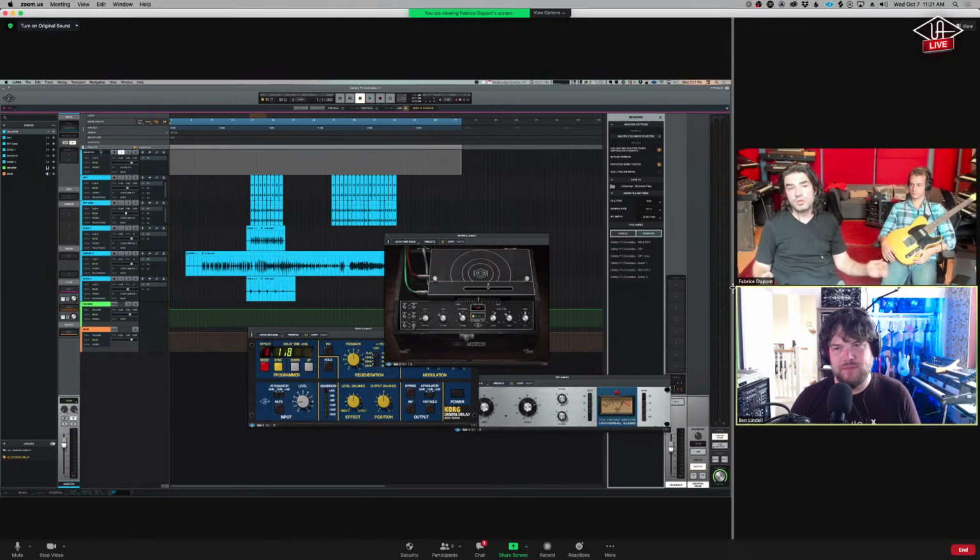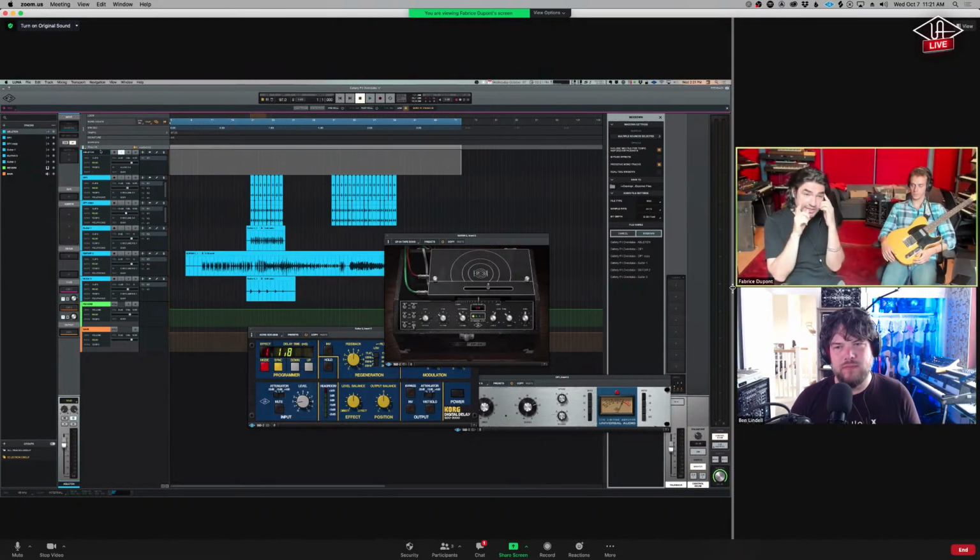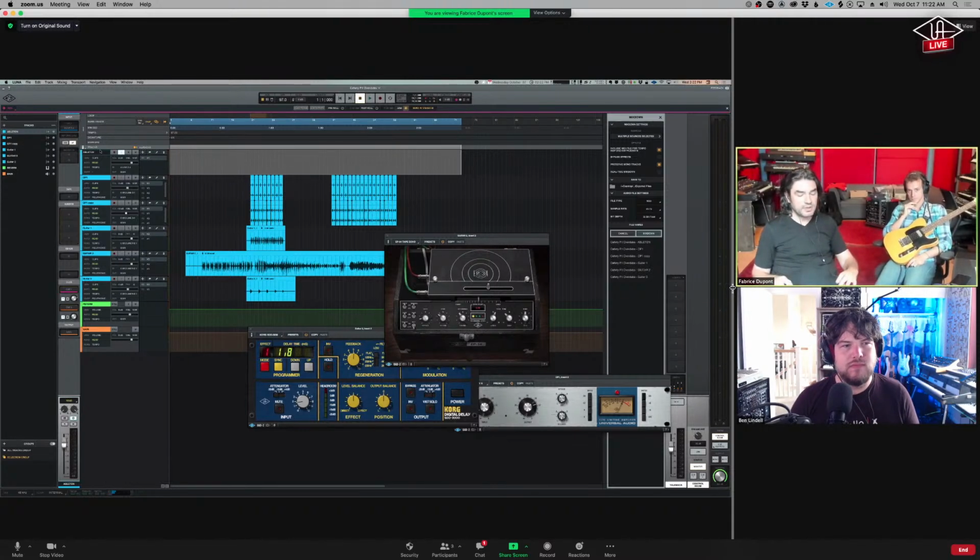But I'd like to remind everybody that the return track is a cool technique. You don't have to do that. You can have Ableton and Luna talk to the Apollo driver and everything goes out. You don't even have to think about it, but it's nice to be able to have a little level control for Ableton in Luna.